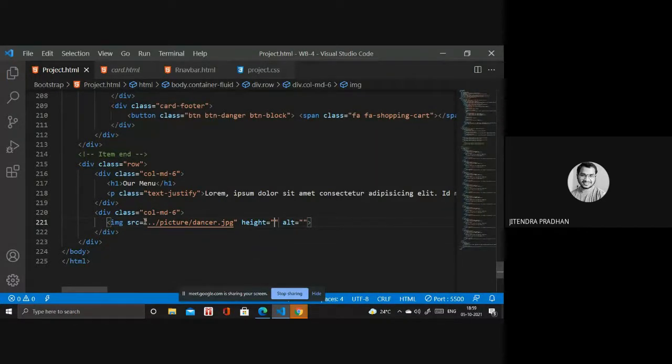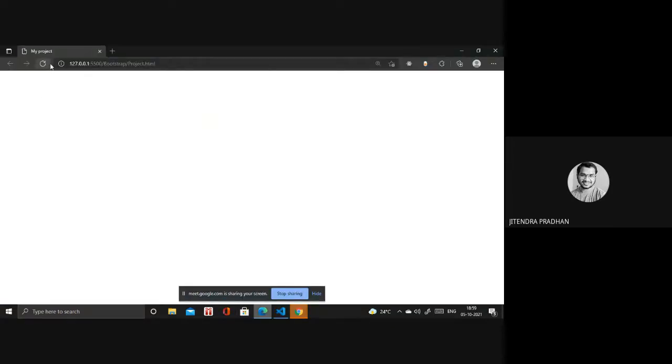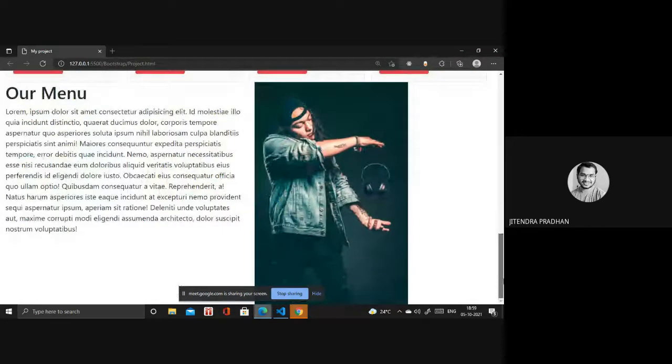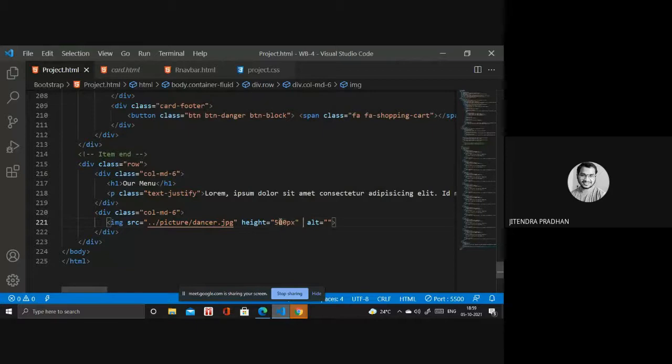For height you have to add something like 500 pixels, and width it does automatically. Okay, it's good now. If you need a small picture, then you have to use that one. Its height is 400, whatever you need.